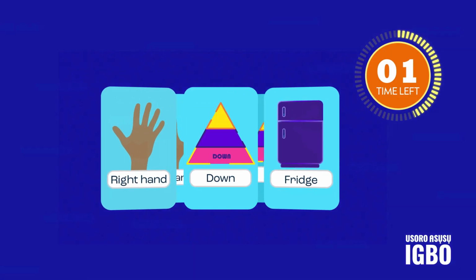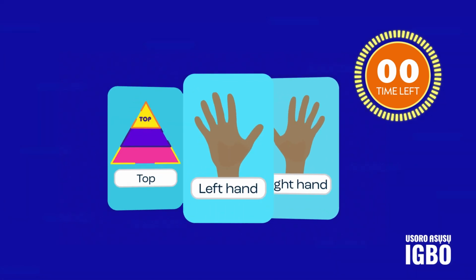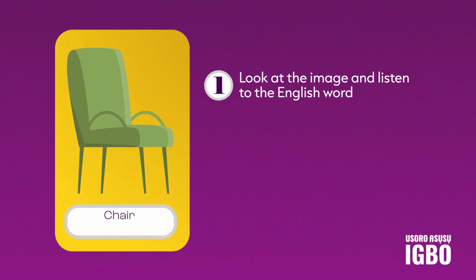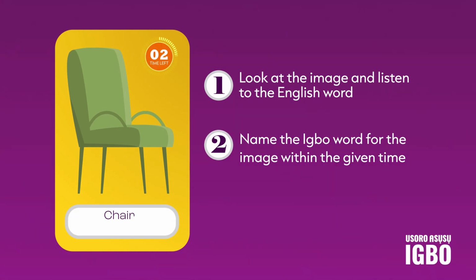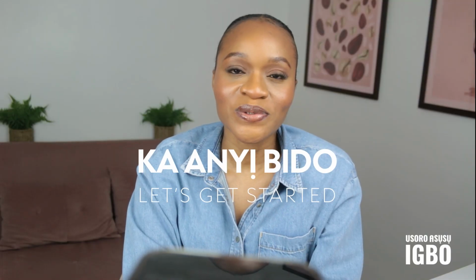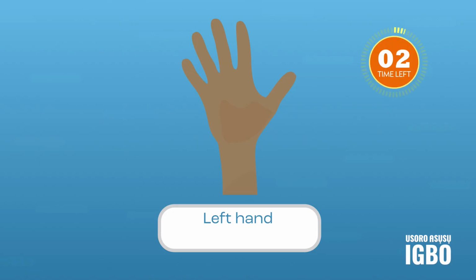This is a fun and timed quiz to test your Igbo vocabulary knowledge. 1. Look at the image and listen to the English word. Chair, 2. Name the Igbo word for the image within the given time. 3. The answer will be revealed after the time is up. Oche, ka anyị bido. Left hand,